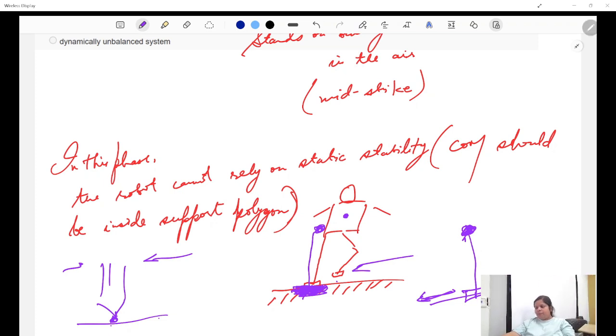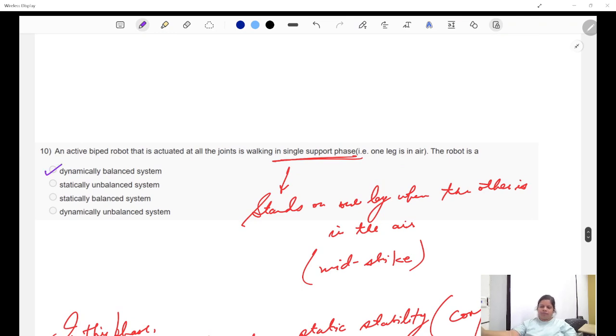So my point is, the support polygon is really small and your center of mass should lie there, and all of these things are there for this robot. That is why it is maintaining a dynamic balance, because it is not falling down. If it is not falling down, it is using some forces. If it is using some forces, that means it is not static. Dynamics are coming into the picture. So the second option, the statically unbalanced system, is not true, because it is just describing the lack of static balance. It is not a correct category, in fact.